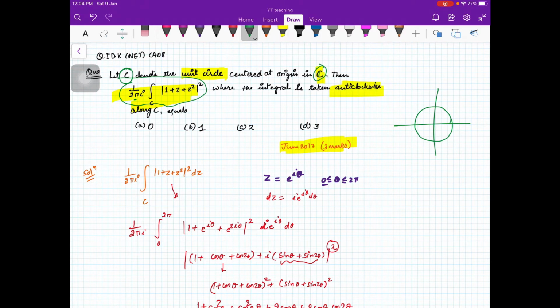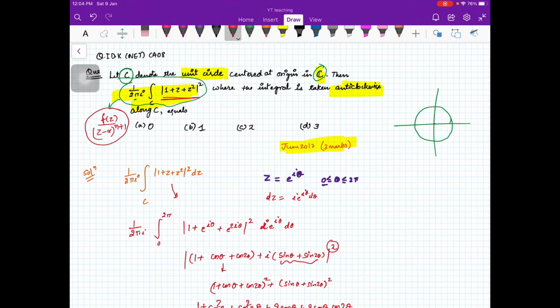Now, generally when we have integrals in complex analysis, we try to apply Cauchy's theorem or Cauchy integral formula. But here, since it does not look like the statement, you don't have anything which looks like that you need to apply Cauchy's integral formula. So this integral you have to compute just by parameterizing your curve C. Now you are saying that C is a unit circle with center 0.